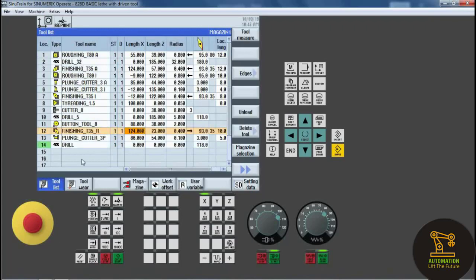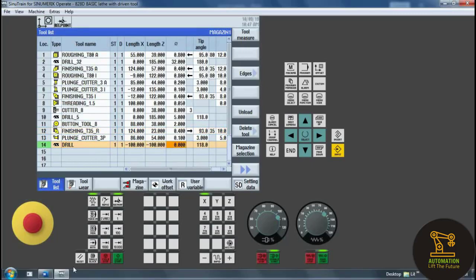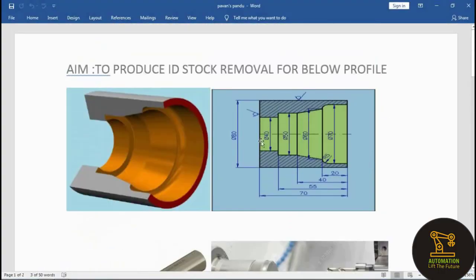The drill tool is created, and X length is -100 and Z length is -100. The diameter is 40, so we took 20 as the diameter of the tool.